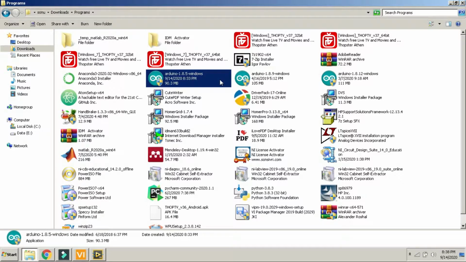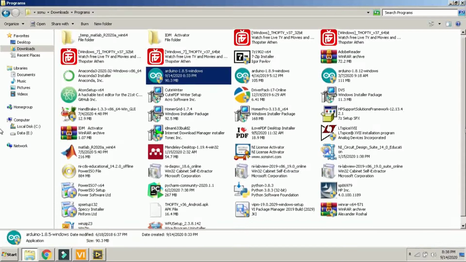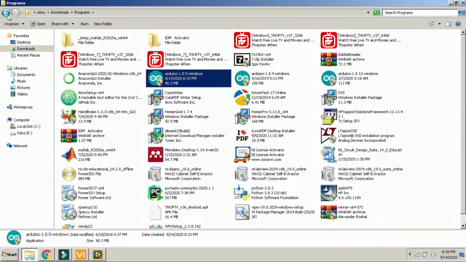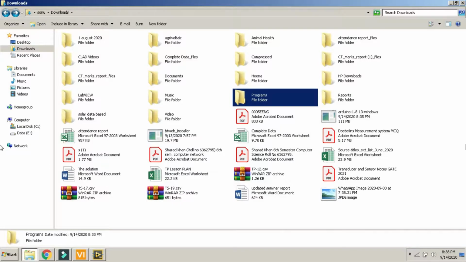So first of all, in interfacing Arduino and LabVIEW, you have to install the Arduino software, the Arduino exe file. Arduino 1.8.13 is the latest version, so you have to install that.